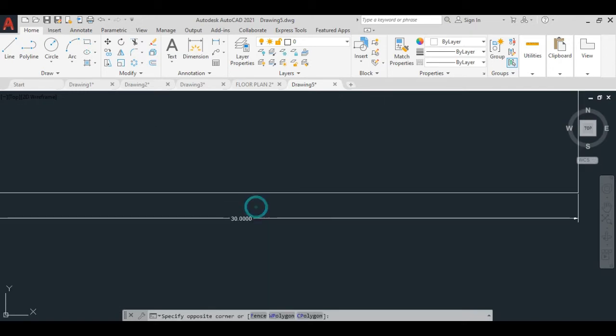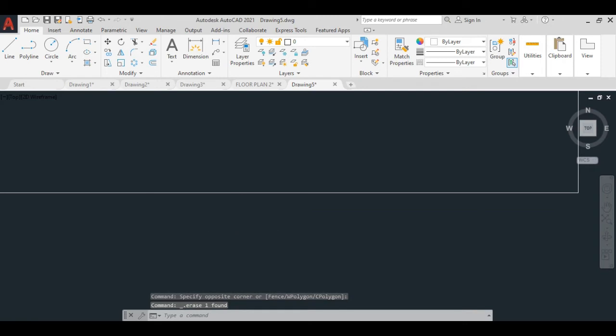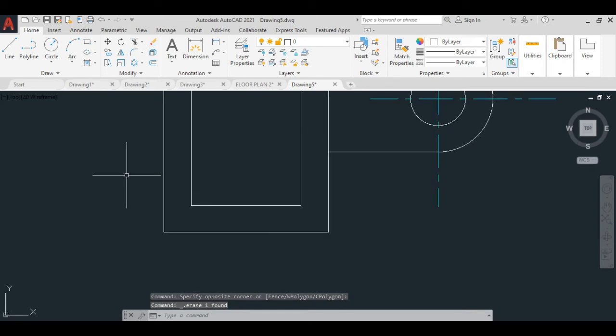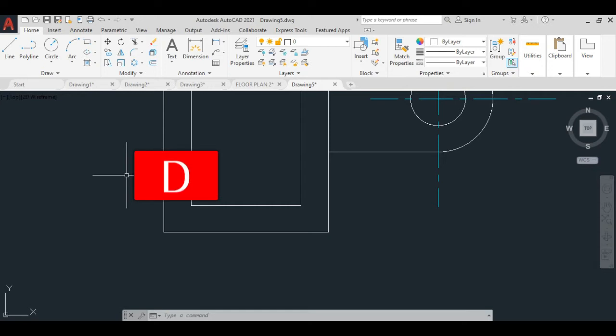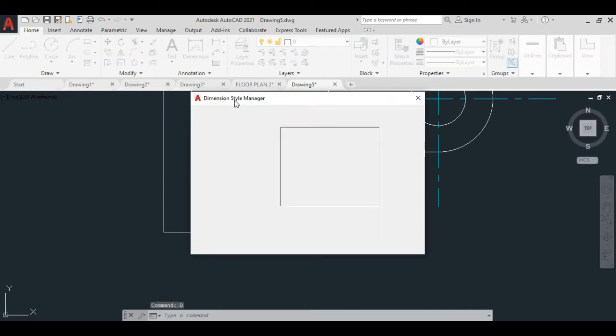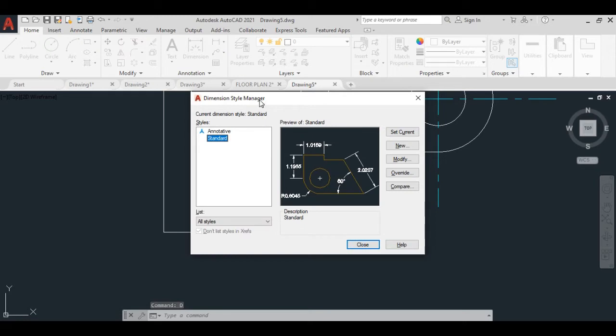So I just delete this. The shortcut key to open the dimension style manager is D, enter. Press D from your keyboard and press enter. You will see the dialog box open, the dimension style manager. So here we'll do the dimension settings. You have to go to the modify setting, click over here,